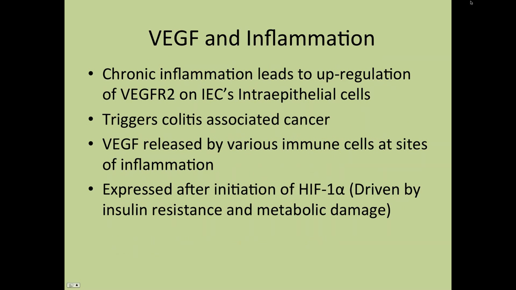Chronic inflammation leads to upregulation of VEGFR2 in the intraepithelial cells. So when you measure VEGF, it is a marker for mucosal barrier inflammation, and it triggers cancer that is from its genesis of colitis. So it's released at various immune cell sites and then expressed after the initiation of hypoxia-inducible factor 1 alpha. Why that's so important, guys, is that when people are triad 1, they have insulin resistance, they